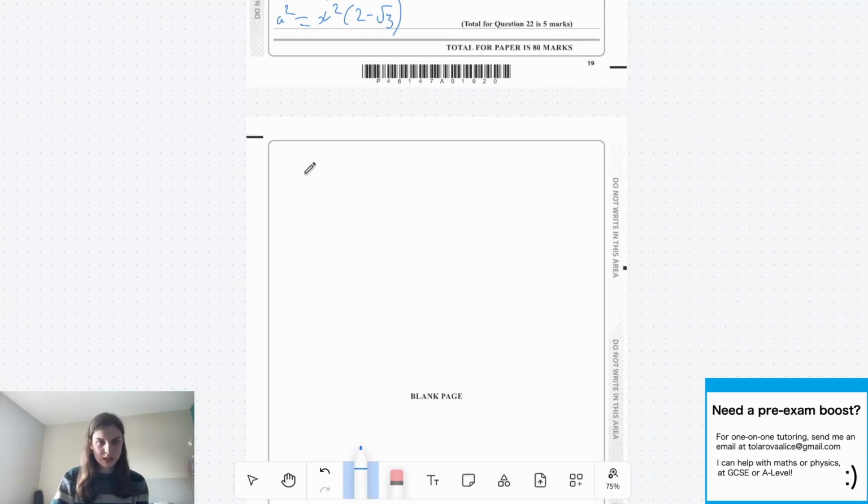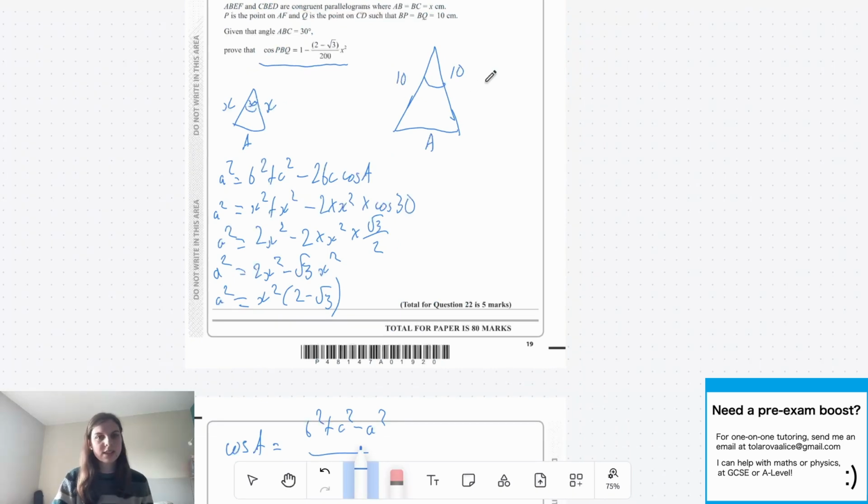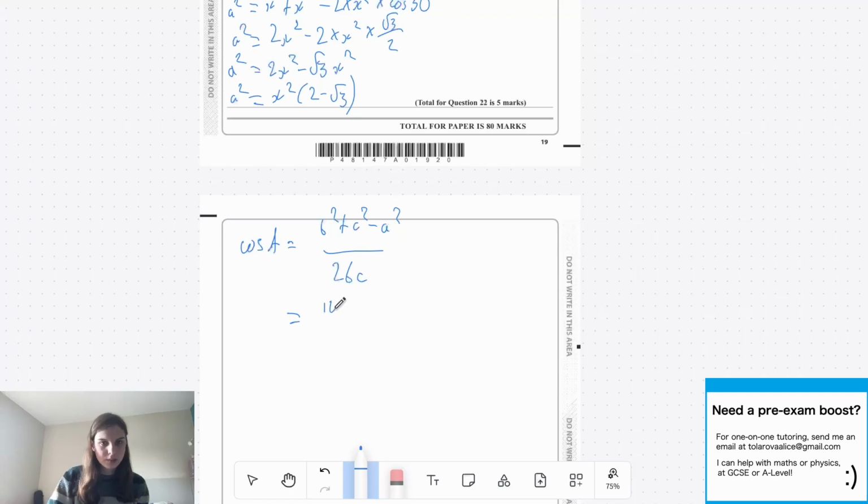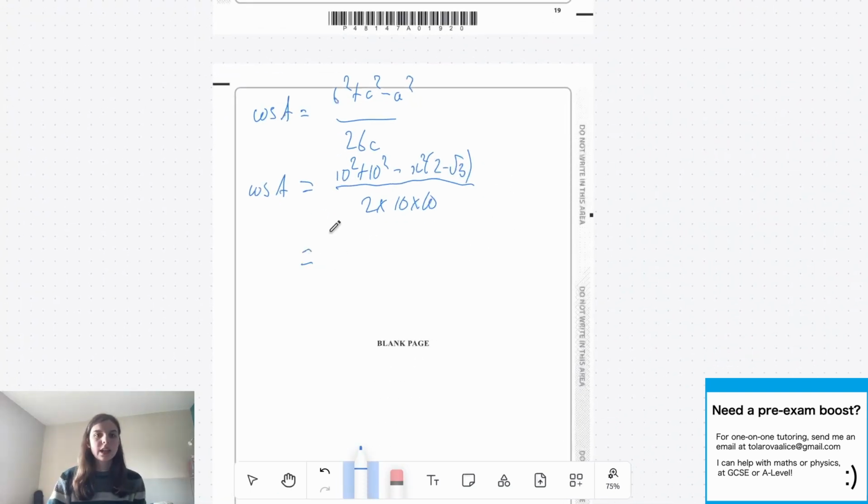So let's rearrange the cosine rule first to have cos a on the left side. So cos a is equal to b squared plus c squared minus a squared over 2bc. And now if we look up here, b is going to equal 10, c is going to equal 10, and a squared is going to equal the same a squared. So it's going to be 10 squared plus 10 squared minus x squared times 2 minus root 3, then over 2 times 10 times 10. It's going to equal cos of a. Okay, so now let's just